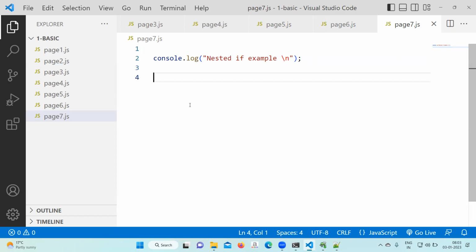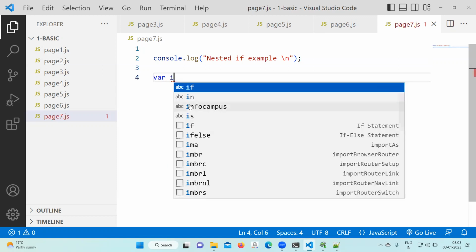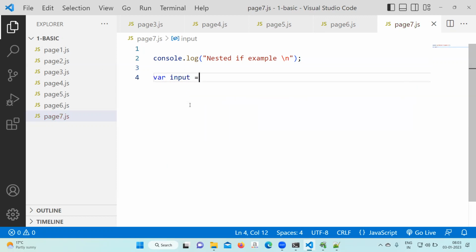Okay, we'll write a variable called input. Input equal to user can enter any input. Suppose user enters Bangalore. Okay, input is given by user. User has entered anything. Assume user has entered a city name. Now you wanted to